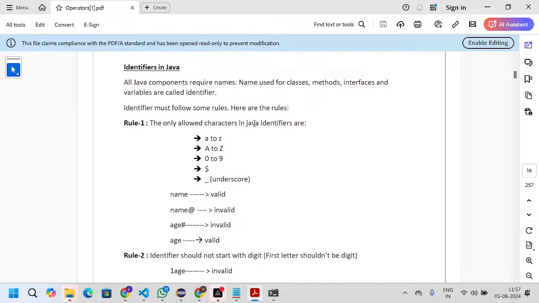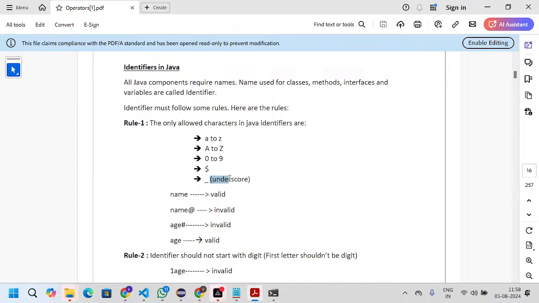Rule number one: the allowed characters in Java identifiers are characters A to Z, small case or uppercase, numbers 0 to 9, and for special characters you should use only the dollar symbol. Apart from this, you don't use any other special characters. Only the dollar character is allowed.